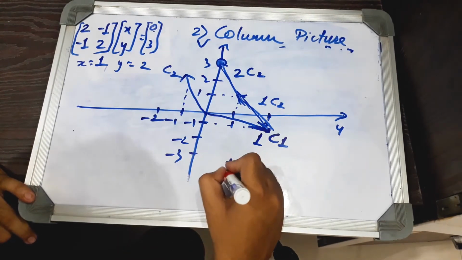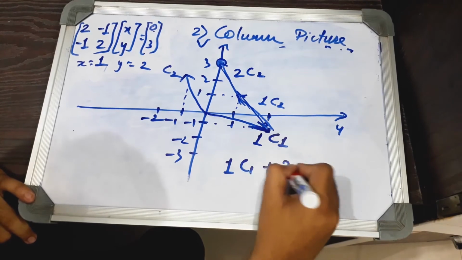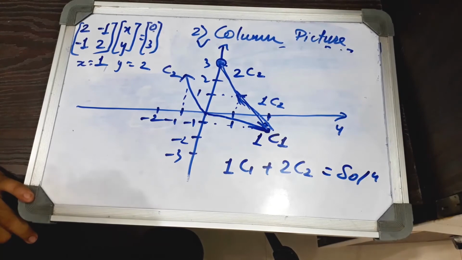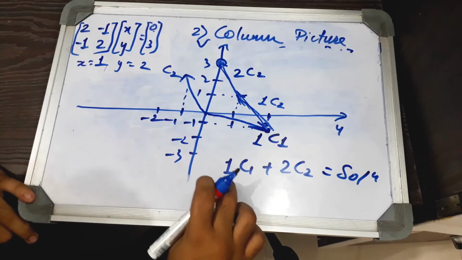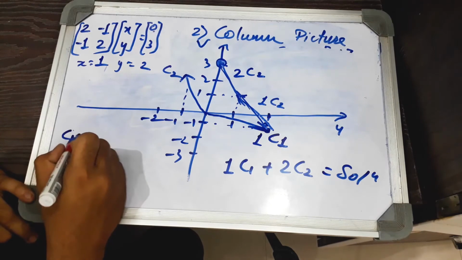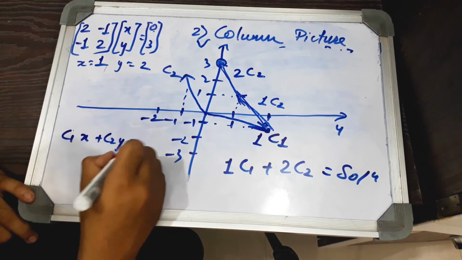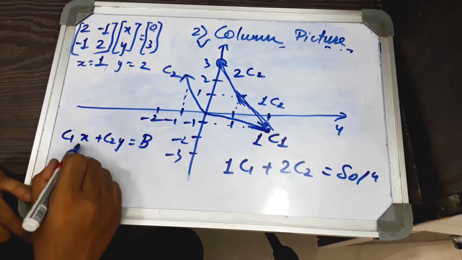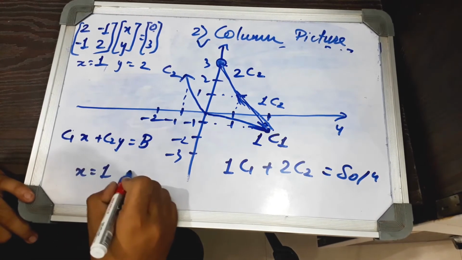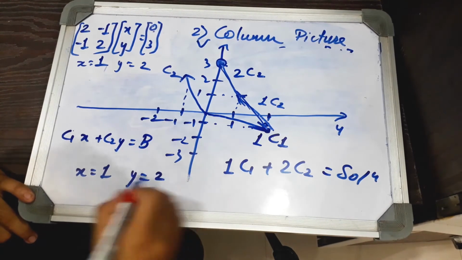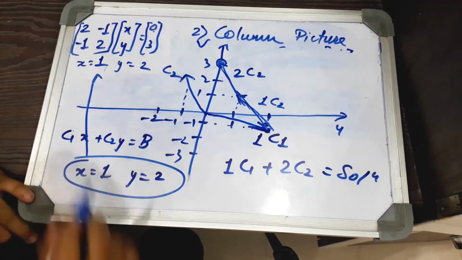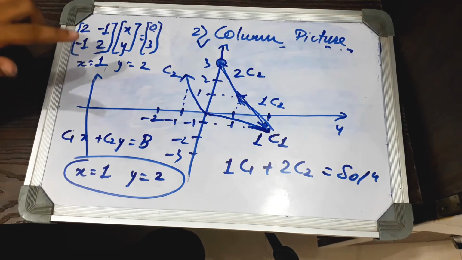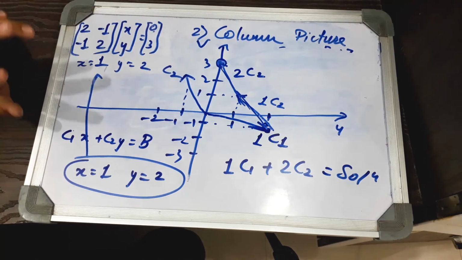So that's 1 times C1 plus 2 times C2 equals the solution, right? And it turns out, if you remember, what we did was C1 times x plus C2 times y equals b, right? And so x here is 1 and y equals 2, and this is the same answer, right? So of course this was inevitable that we are going to have the same answer whichever way we solve. But the point here is,